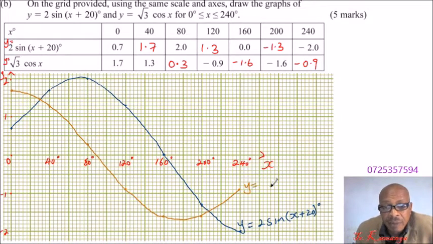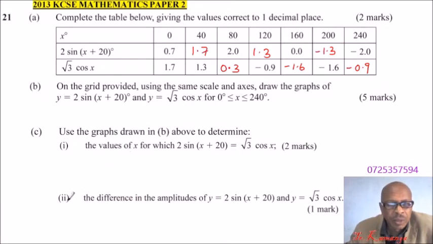This is a graph of y equals root 3 cos x. So that's a graph. With that now, we should be able to answer the next question. Let's see what we are required to do. Going back to the question, we are told to use a graph drawn in B above